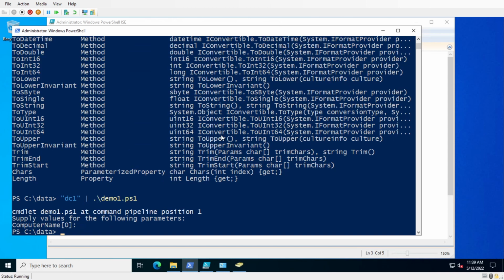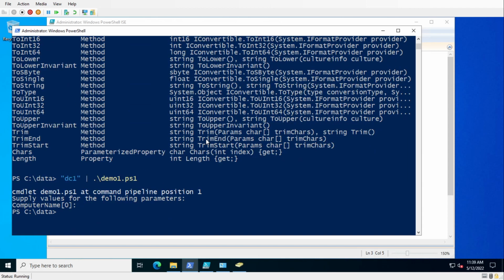So remember that a commandlet, or your script, because your script is basically acting as a commandlet here, in order for it to accept pipeline data, you have to tell it what parameter on the script the pipeline data goes to. And I did not do any of that. Okay,